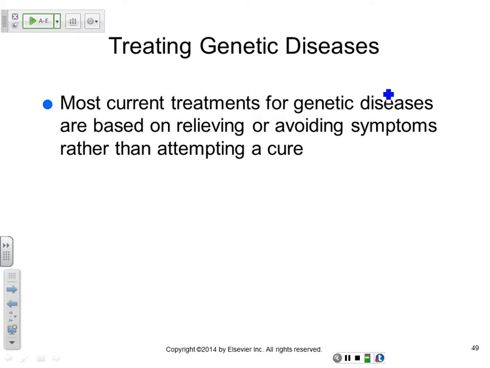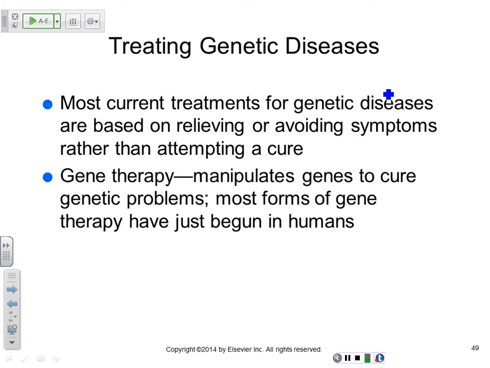Okay, so how do we treat these genetic diseases? It's a very young science. We still don't know a lot about treating genetic diseases. So far, most of the time we've been just addressing the symptoms, but we're not really doing the cure. But right now, several methods they use, like gene replacement, gene therapy, where they manipulate the genes by using genetically altered viruses to inject. They capitalize on the fact that viruses can inject their genetic material into our human cells.